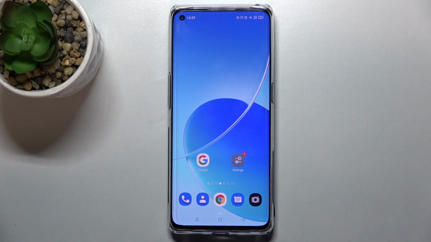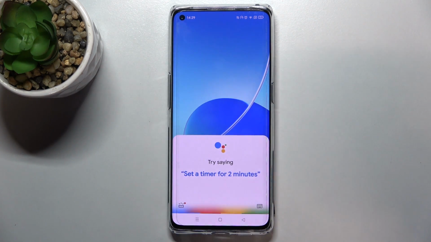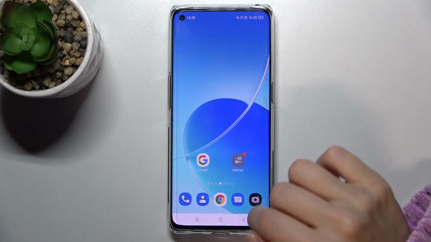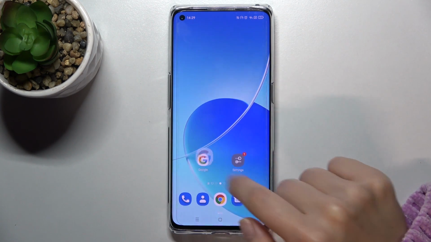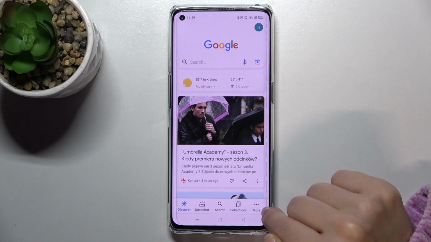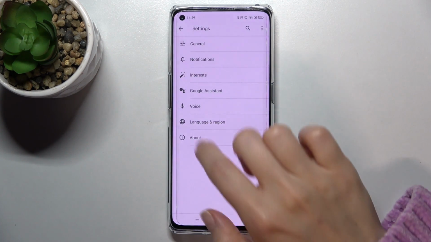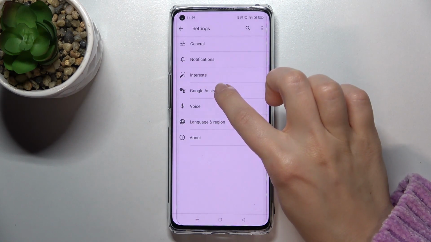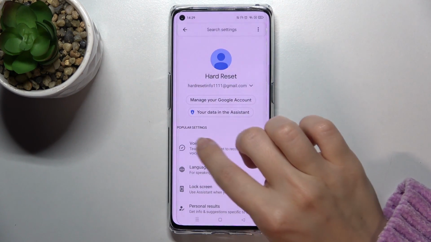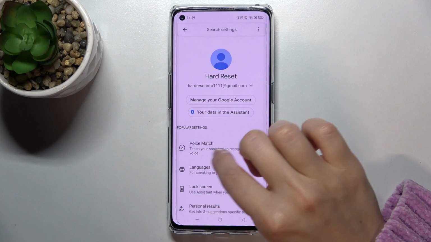Welcome, today in front of me OPPO Reno6 Pro 5G, and I'll show you how to turn off the Hey Google option of Google Assistant. So the first step, just go to the Google application and here in the bottom right corner tap on the More icon. Now go to Settings and right here you'll see the Google Assistant, tap on that and just there click on